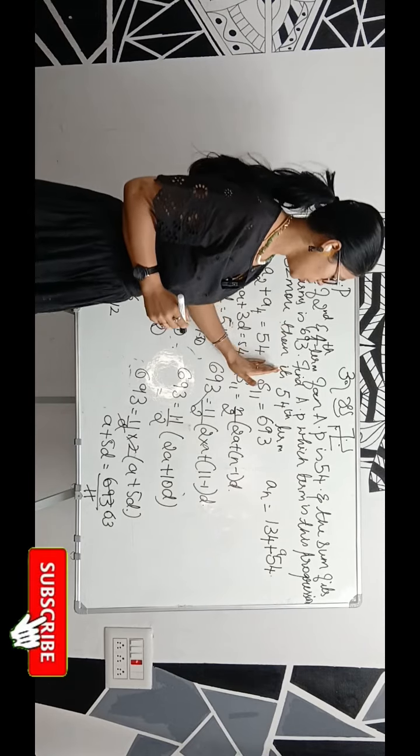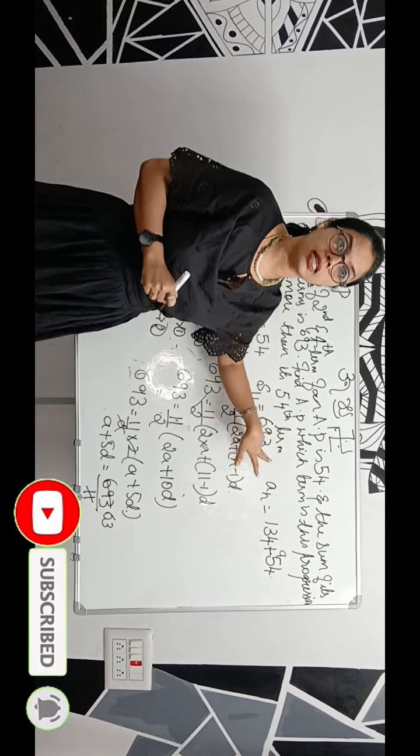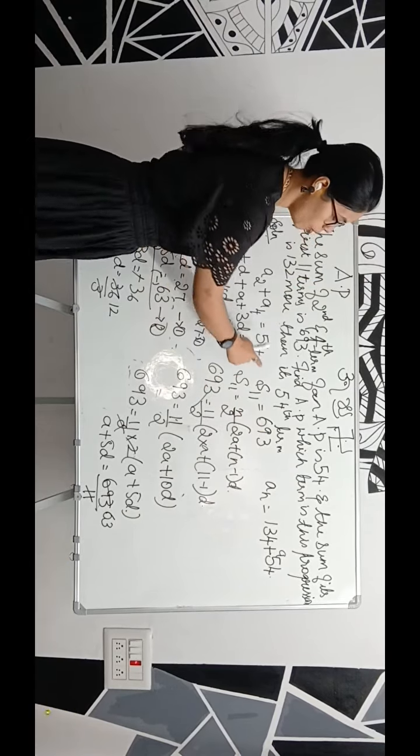Coming here, what is the thing there? We have the sum of the first 11 terms is equal to 693. So what is the formula for the sum of